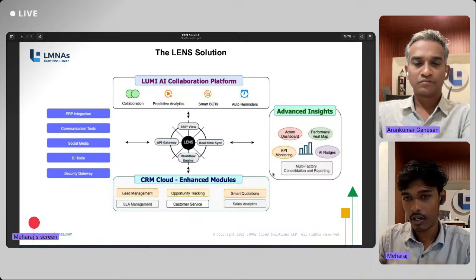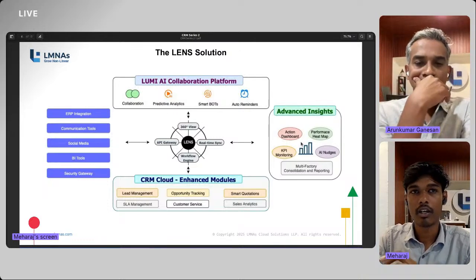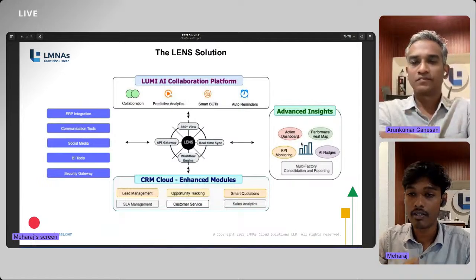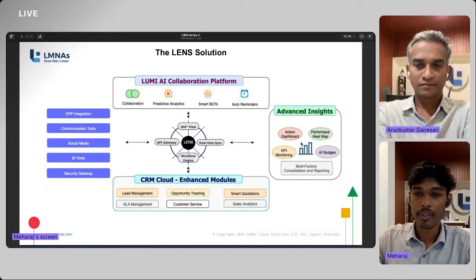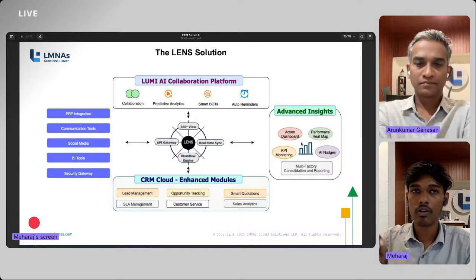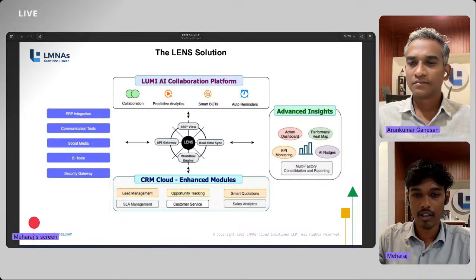And as promised, we ended up with the analytical part in the last session. As promised, we have come up with the advanced analytical dashboard, which contains real use cases and the actual market, and what the sales managers and sales leaders should focus on when it comes to insights. To further explore this part, I'm handing over to Arun Kumar. Hello, Arun.